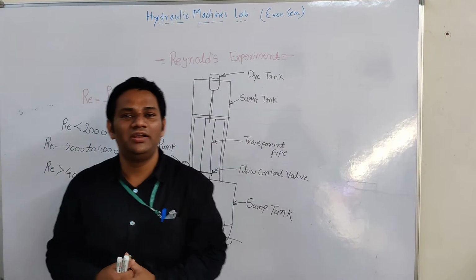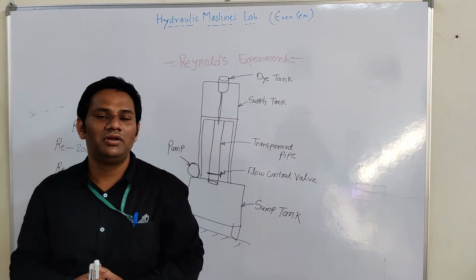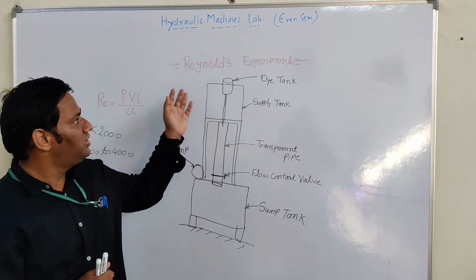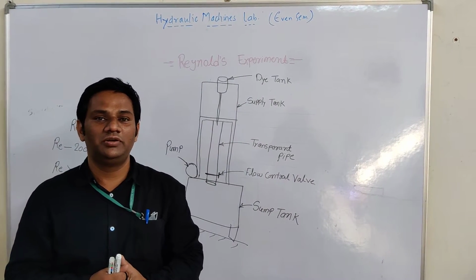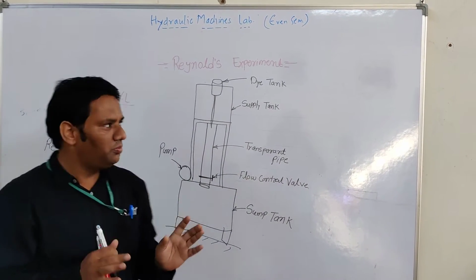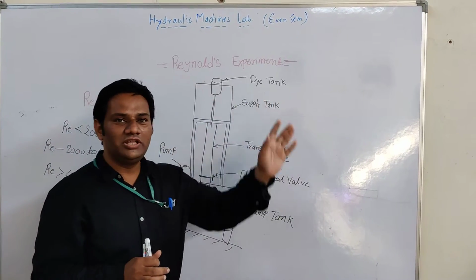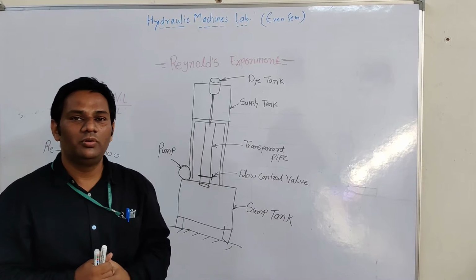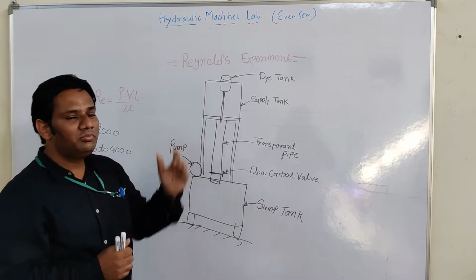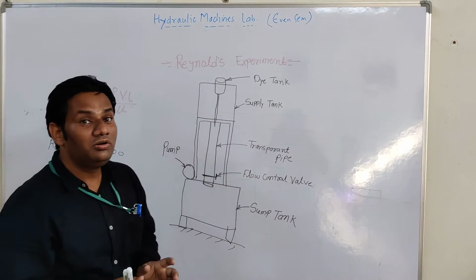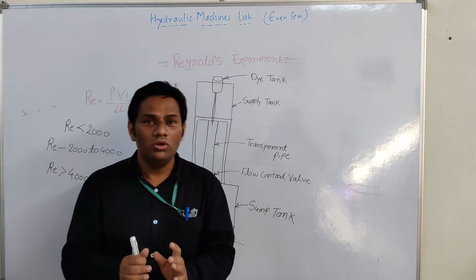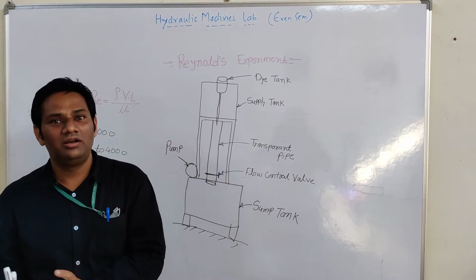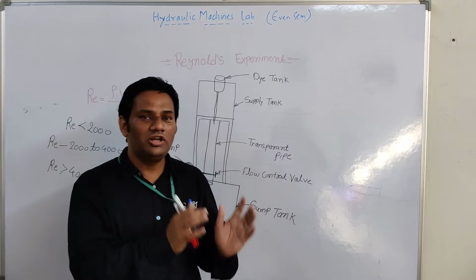Start our first practical in fluid mechanics lab. The name of the experiment is Reynolds number experiment. This topic we already covered in our theory classes, so we all know what is the use of Reynolds number. What is the use of Reynolds number? Reynolds number is used to verify the flow, whether it is laminar, transition or turbulent.